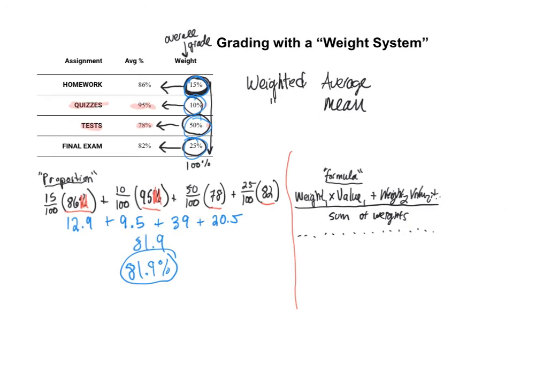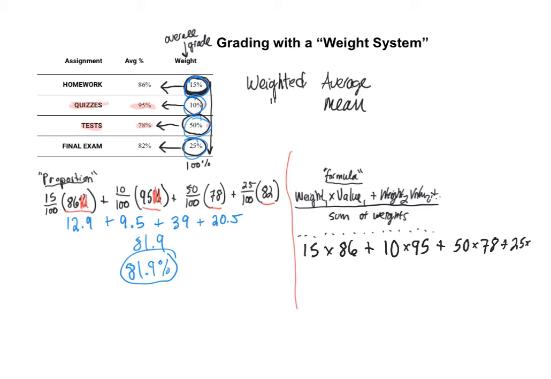So I'm going to zoom out a little bit. So for this first approach, for the homework, the weight associated with the homework was 15. So 15 times the value of 86%. So I have the weight times the value associated with that weight. Now for the next value, I have 10%, so the weight is 10%, so just 10 times that value associated with that weight of 95, plus we have a weight of 50%, so I'm going to write that as 50 times 78, and then finally 25